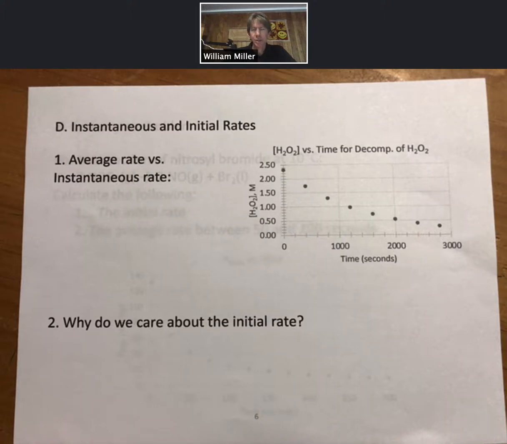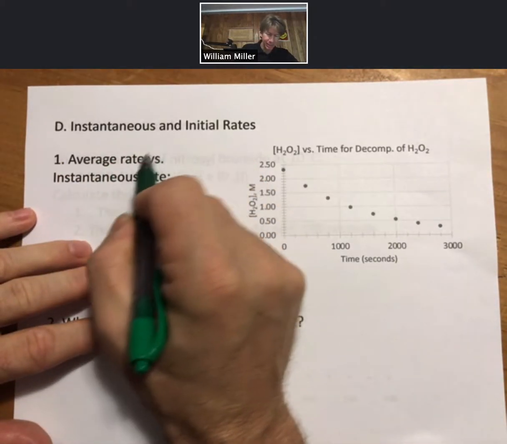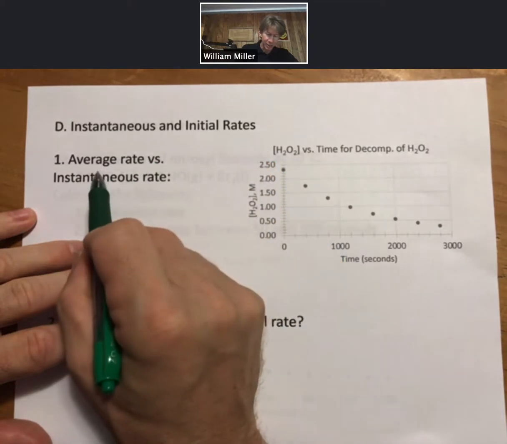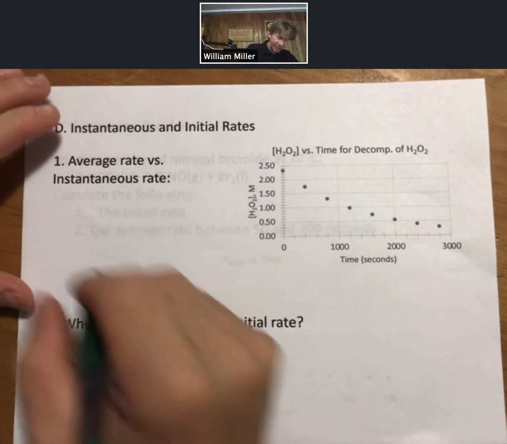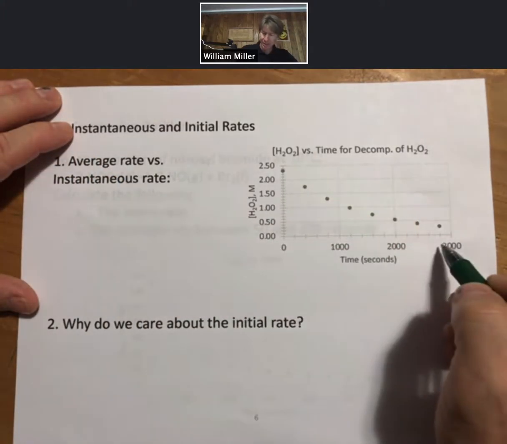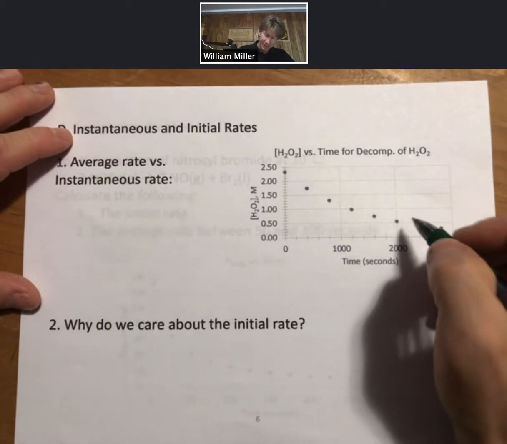Last video we talked about what is the reaction rate. Now we want to talk about the difference between instantaneous and initial rates, as well as an average rate, and what the differences are. And so I've got the data from the previous video that we talked about here, and